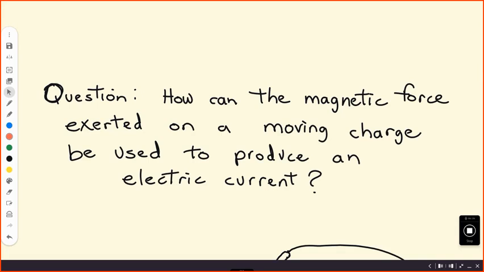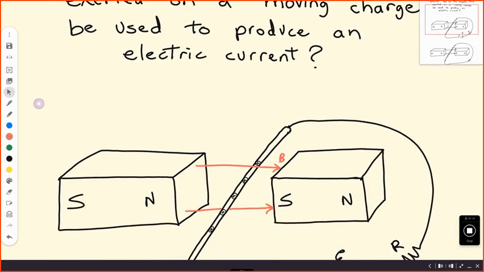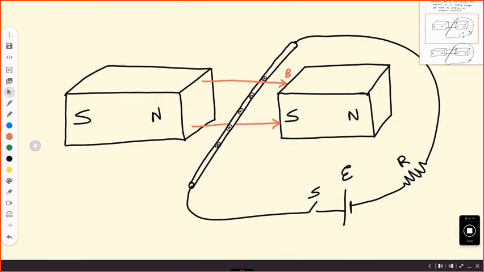So today I want to answer this question here. How can the magnetic force that's exerted on a moving charge be used to actually produce the electricity in the wire? In other words, how can we use magnetism to generate electricity? So before we answer this question, let's just quickly go back and review the magnetic force on a current carrying